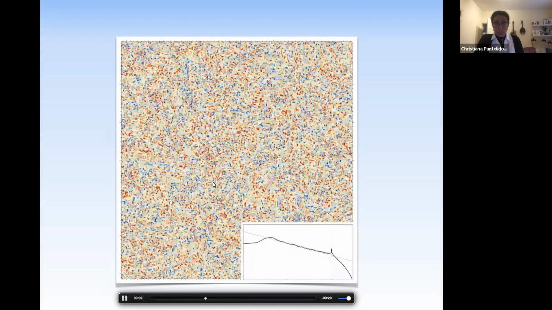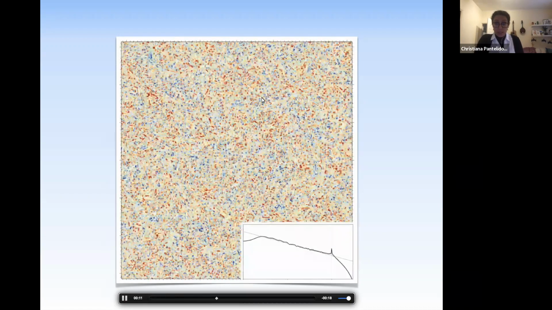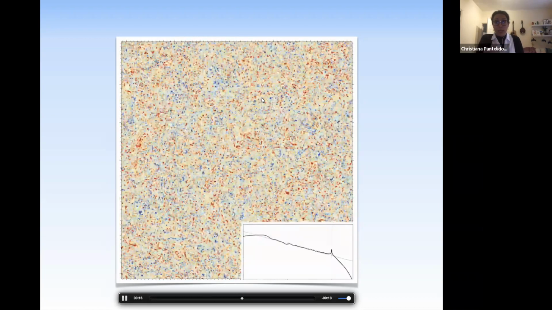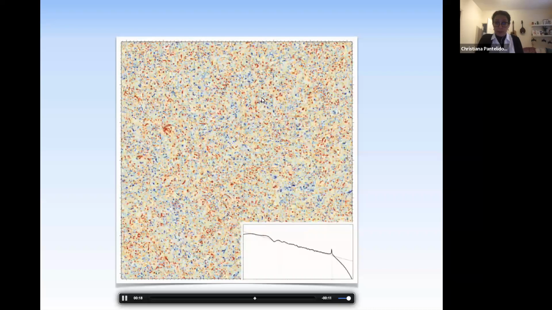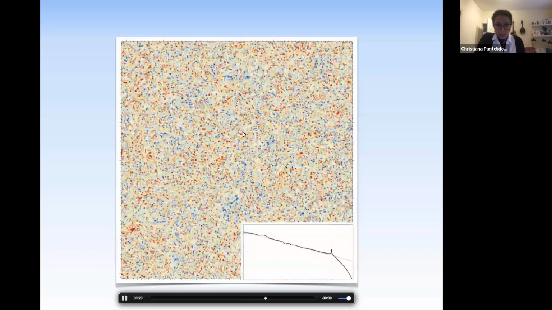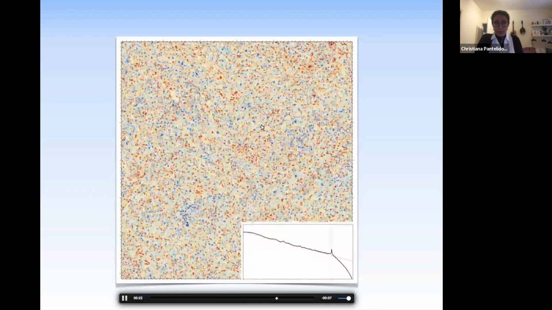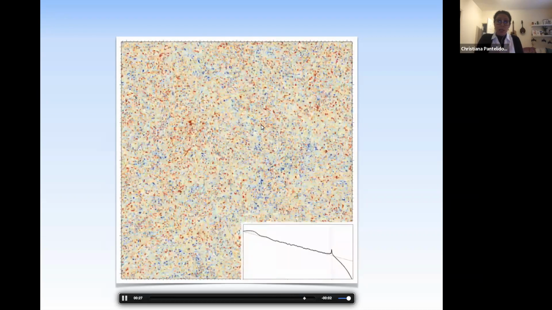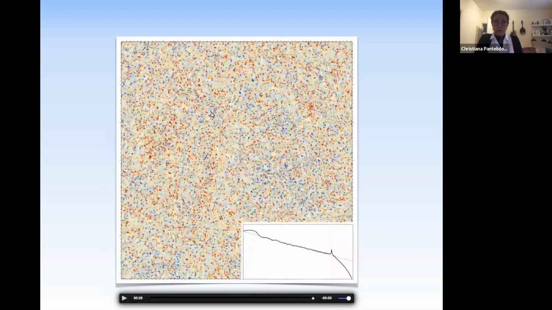And as you see, as time passes, these vortices do not merge with each other, but they form structures that move coherently. And if you look very, very closely, you'll see that actually as time passes, these coherent structures